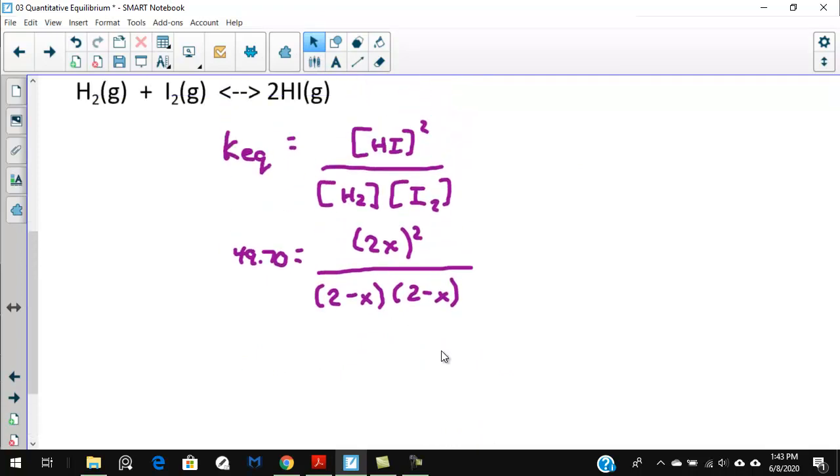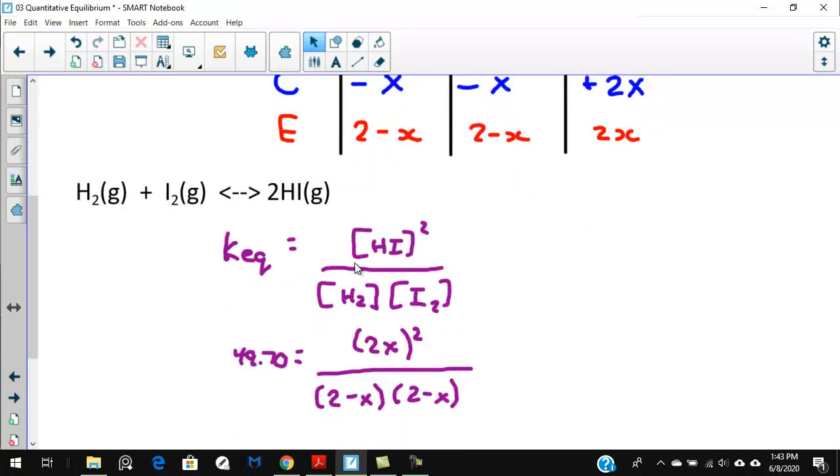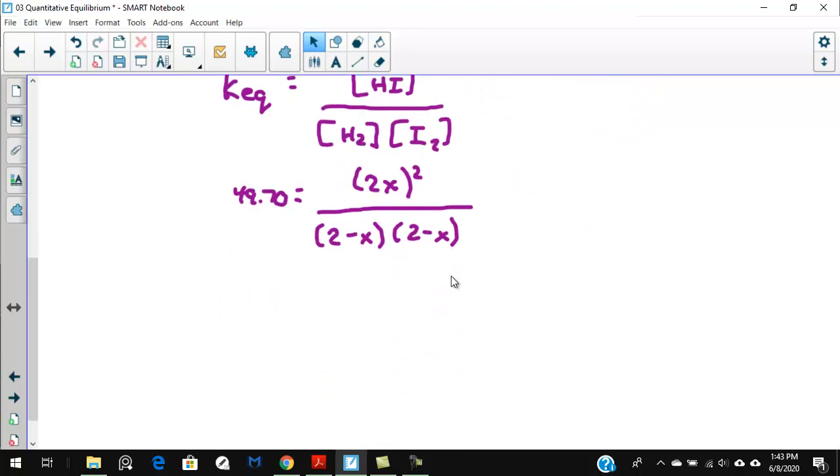Once we get x, we're going to take it back up here, and 2 minus x will be our equilibrium value, or 2 times x will be our equilibrium value. But we need to solve for x. We need to rearrange this and solve it in such a way that we get a value for x. Now this one isn't too bad. Some of them will get into the fact that you'll need the quadratic equation. But in this one, I think we can get an easy out, because if we take a look at it, we realize that